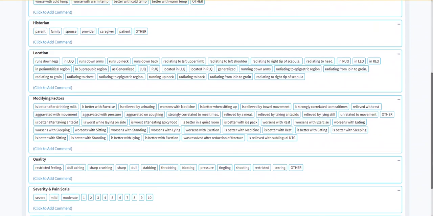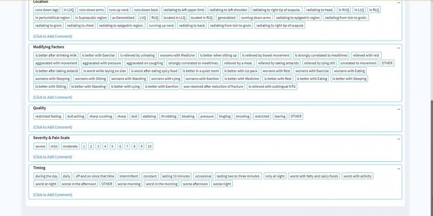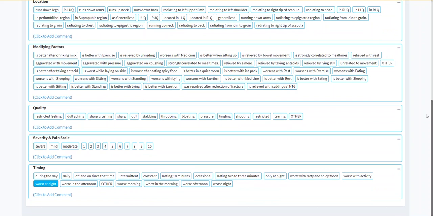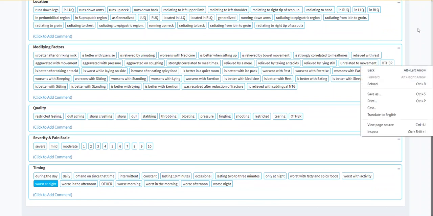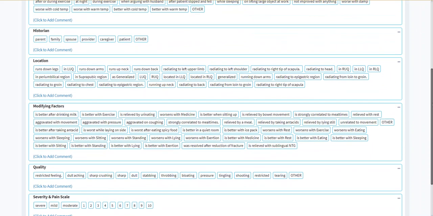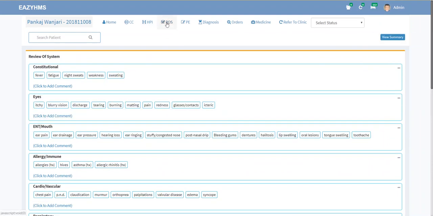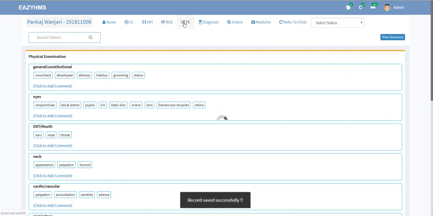Modifying factor, what is the location, intensity, severity, what is the timing, at what timing the problem is appearing. Like worse at the night, itching is worse at the night. So that's how we have done the history of presenting illness. Also with the buttons, we can have smart phrases to select the chief complaints and the history of presenting illness, and the ROS,